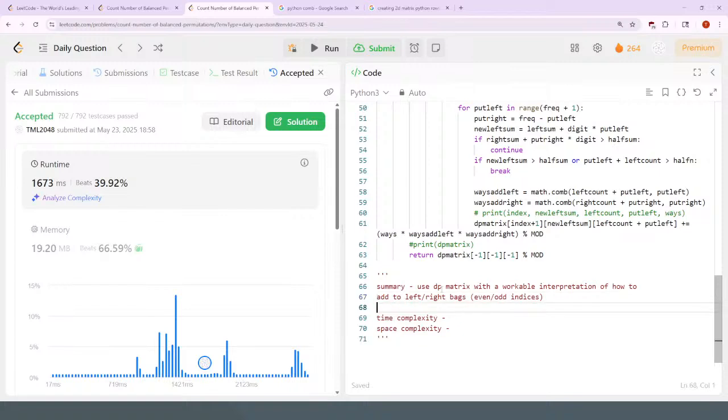So this solution, or I guess my solution, because there are other solutions that are possible, used a 3D dynamic programming matrix